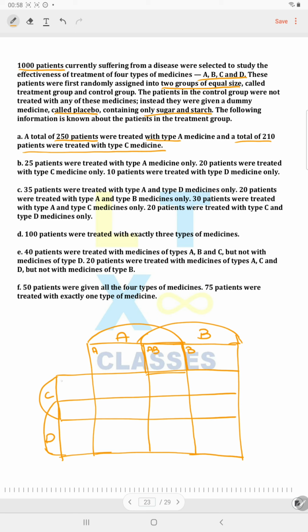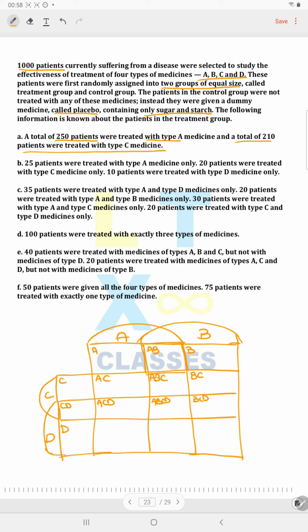Similarly, if we denote as we go along, this is C, this is C and D, this is D. This cell is A and C, this cell is ABC, and this cell is B and C. And here ACD, this cell overlaps across all 4 sets, called ABCD, and here BCD.